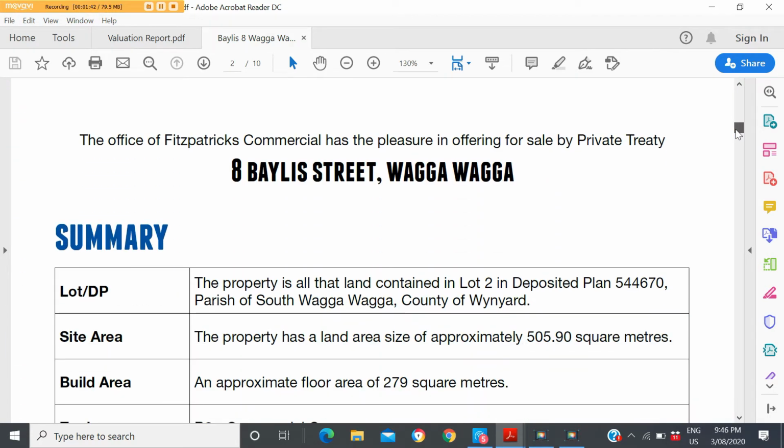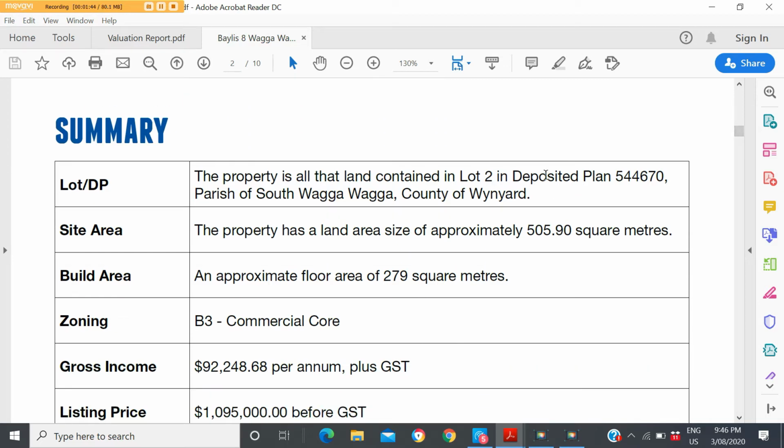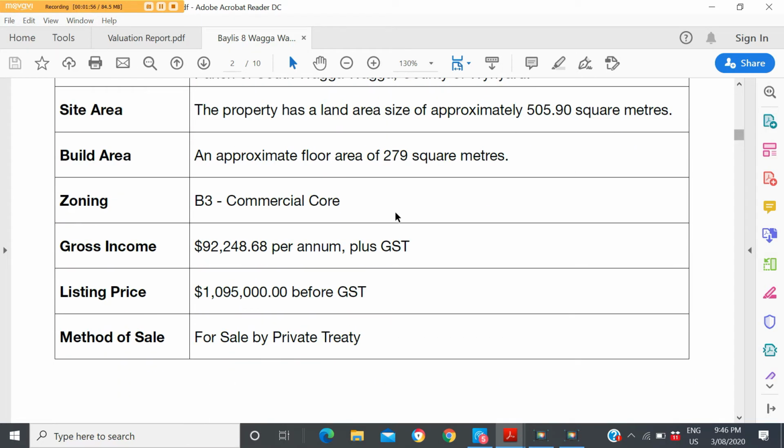It gives you the summary of the property. It gives you the lot number and the deposit plan, so if you did want to pull up title searches, you can definitely do that. It talks about the land size of the property and also the floor area, which is your net lettable area, and the rate per square meter. So let's say if the rate was $150 a square meter, then you'd times that by 269 square meters. It's zoned B3 commercial core, so it's main hub commercial,